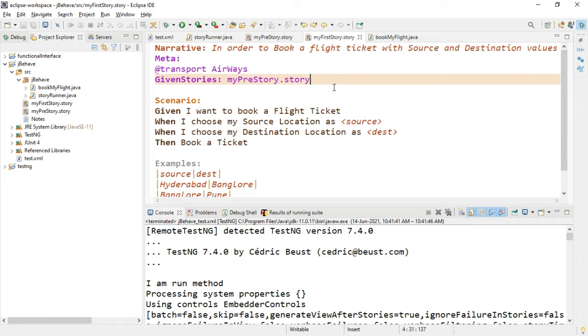If there are scenarios which are repeating in multiple stories, it is just a repetition of the scenarios that's happening, and the stories are getting longer and maintaining the stories will become a problem. In future, if there is some small change in a scenario and it is available in multiple stories, then we have to go and change each and every story file